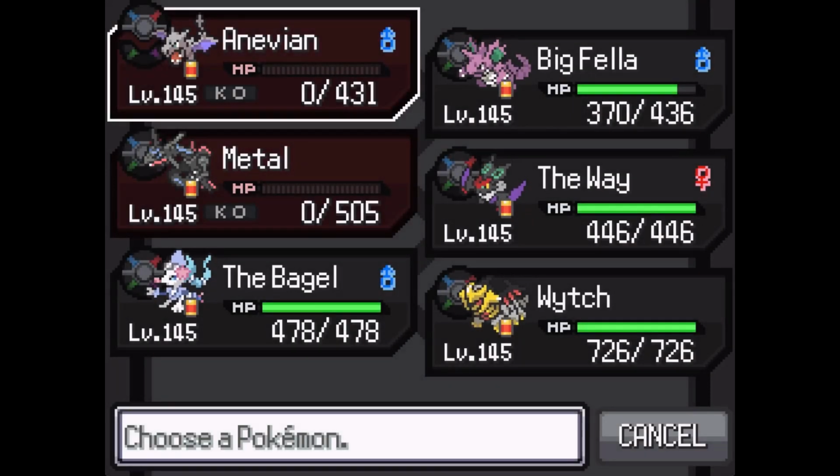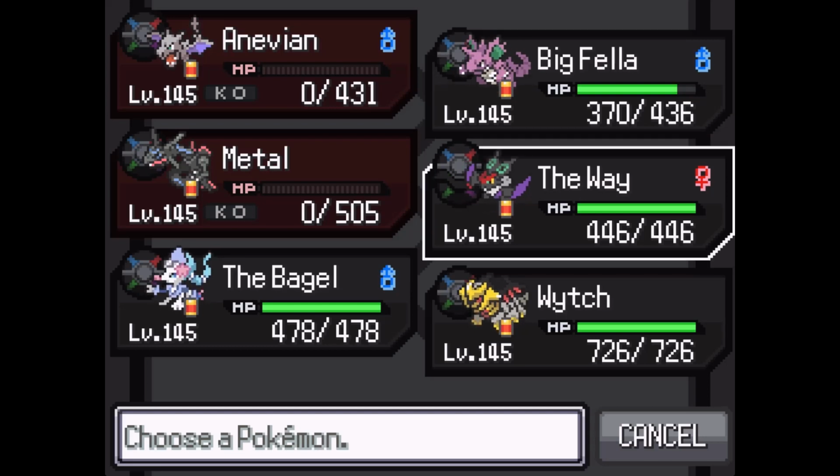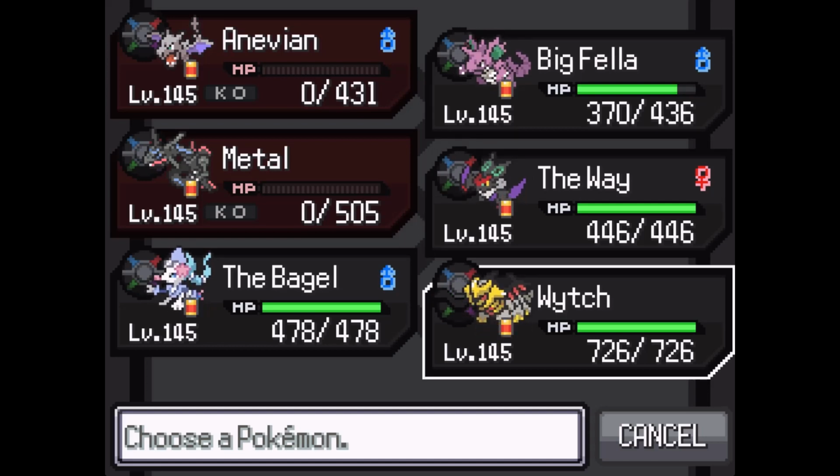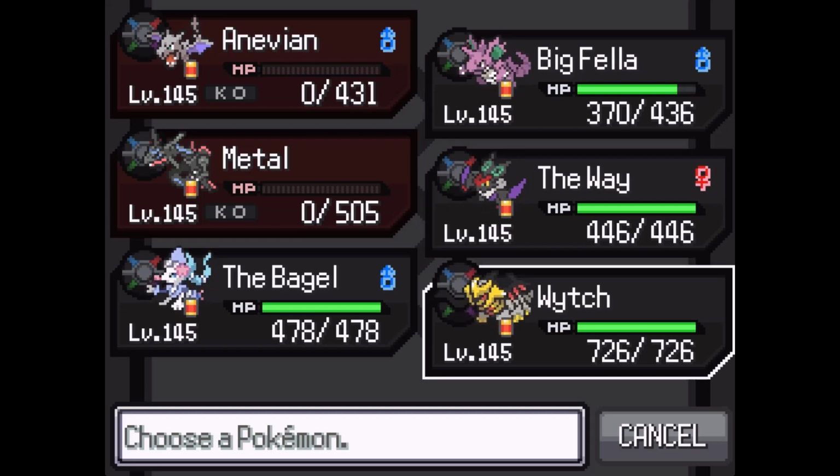Okay. Who do I need here? Big fella outspeeds, should be able to finish Xurkitree off with the Flamethrower again. Lunala is a whole different can of worms. We don't have a bunch of great options for Lunala. That's not one I was thinking about, really. I really should be. I guess Witch. But Witch is also vulnerable to Lunala. And Lunala's faster. So it'd basically be, are we bulkier? We have an Assault Vest. I mean...